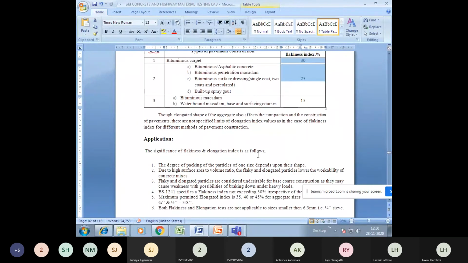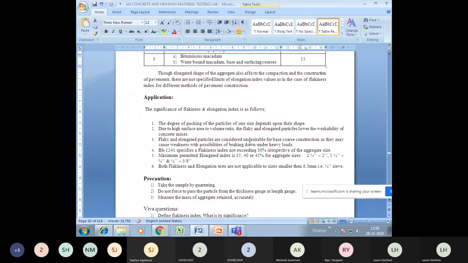The significance of this experiment is basically the shape of the aggregate. It affects the compaction factor a lot. If there are too many flaky or elongated aggregates, then definitely you will get less slump.